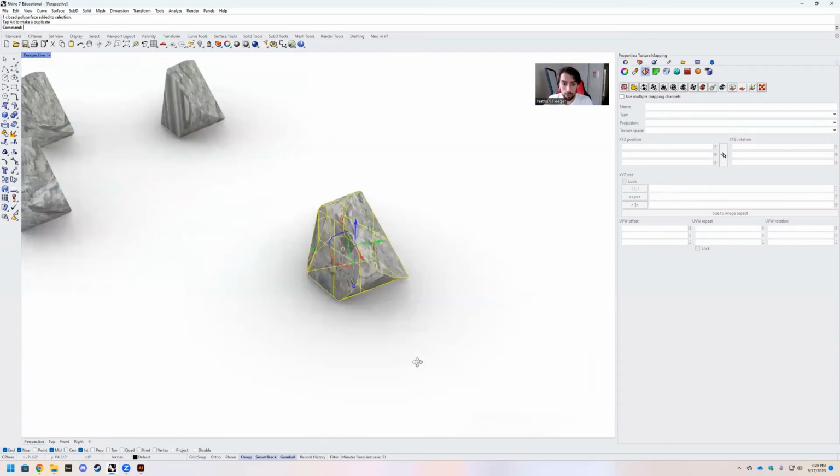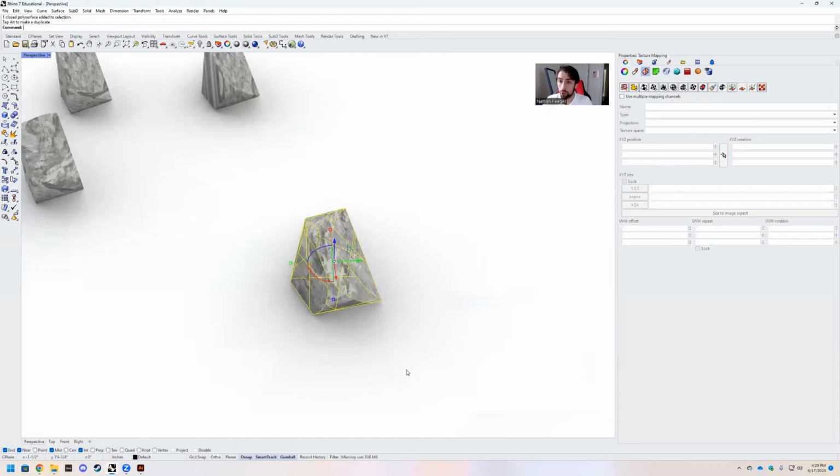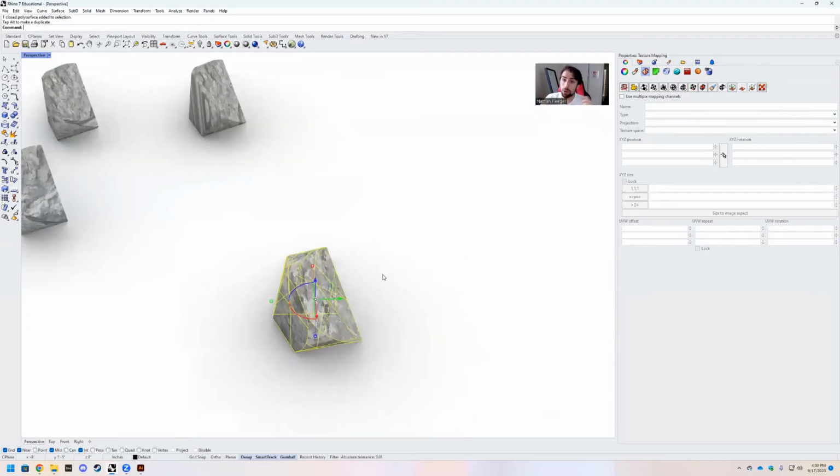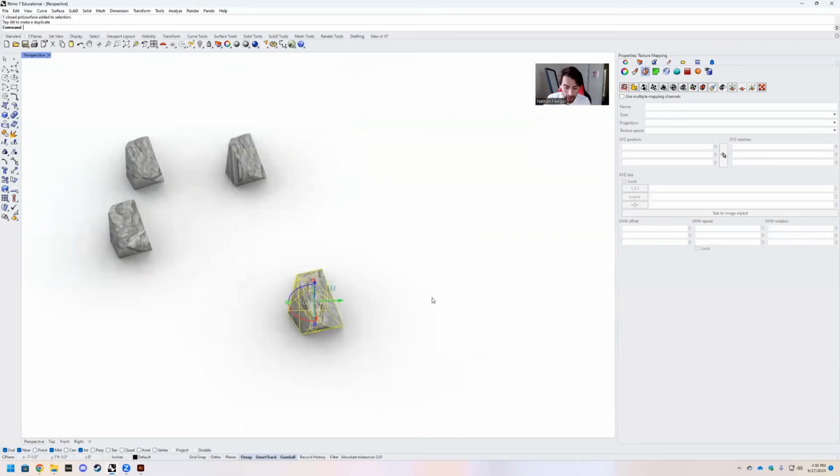And what we want to do is we're going to unroll this surface, and we're going to make sure that our texture applies to our surface when it unrolls. So if I were to just unroll this, what would happen is, let me show you. So if I unroll this,